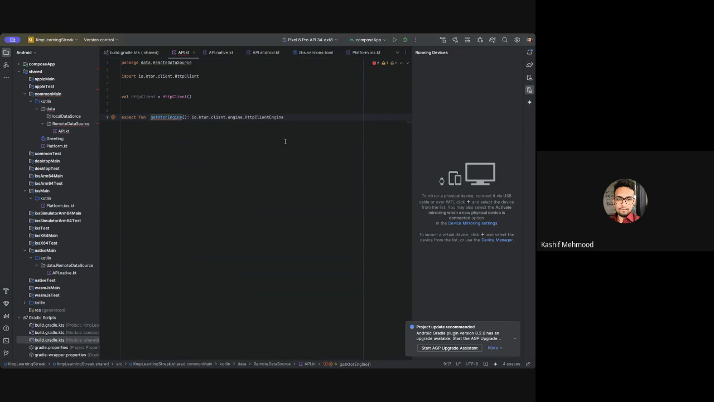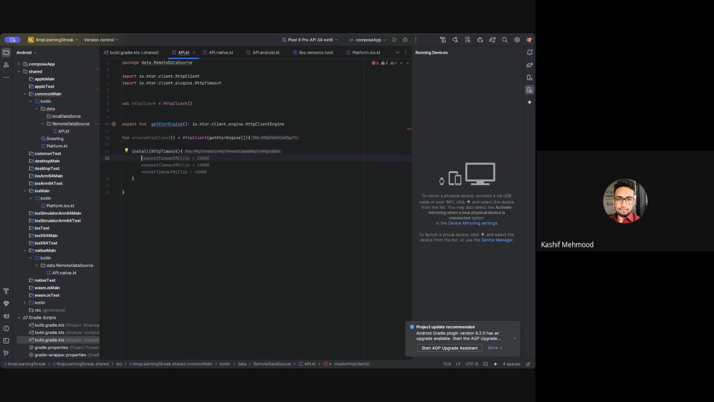Let's write a function, fun createHttpClient. During the documentation, we saw that KTOR supports plugins. So, what exactly are plugins? If I write install, inside the install block I can add different KTOR plugins such as HTTP timeout, and inside